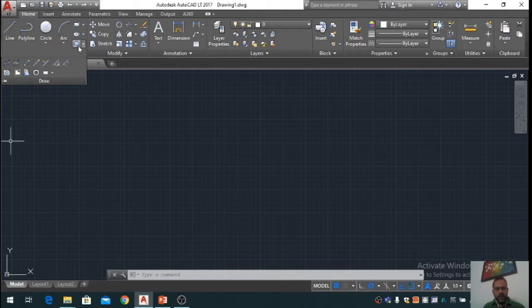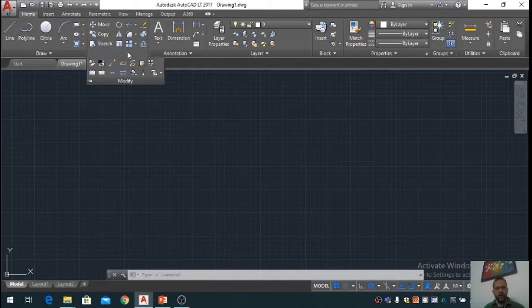Most of the time we will be using draw commands and modify commands. In modify commands we have move, copy, stretch, rotate, trim, extend, offset. These are the main commands that we will be using during this course, and in the next semester we will be using the advanced commands and doing 3D modeling also.